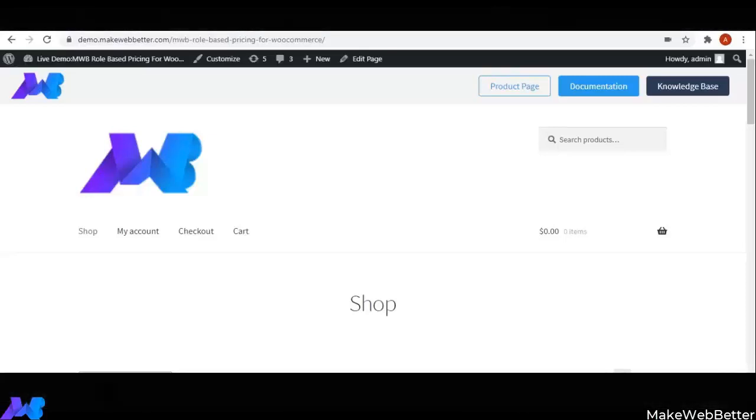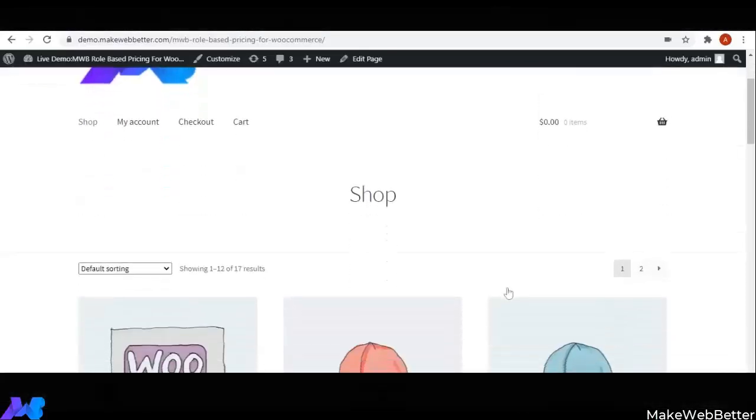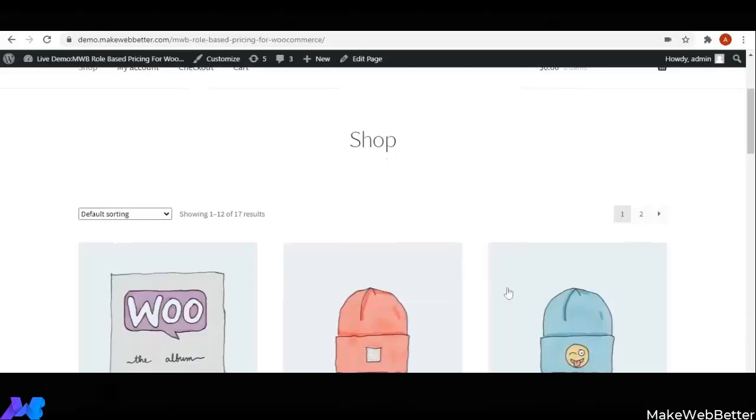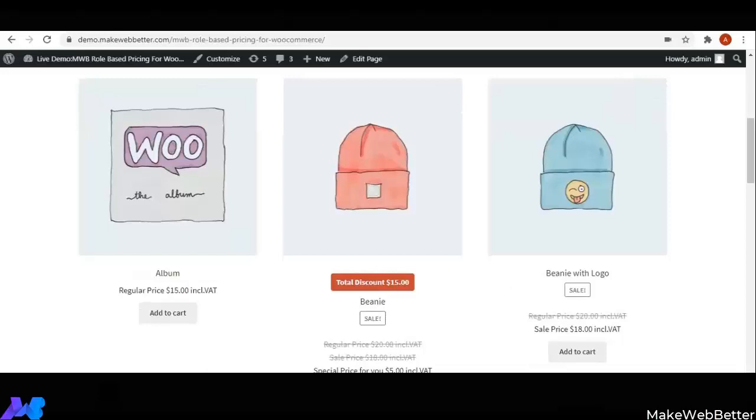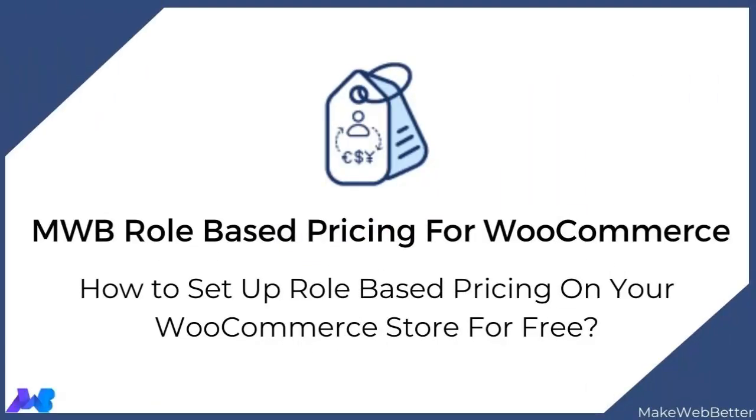Are you looking to implement role-based pricing of products in your WooCommerce store in order to show the prices based on user roles like admin, author, subscriber, etc.? So if you want the functionality to show specific pricing details to retailers, wholesalers by creating a dedicated WooCommerce individual pricing list for either selected products, selected categories or selected tags, then MWB role-based pricing for WooCommerce free plugin will be the best fit to show WooCommerce prices by user roles on their online stores.